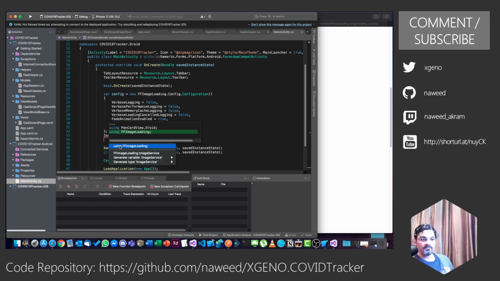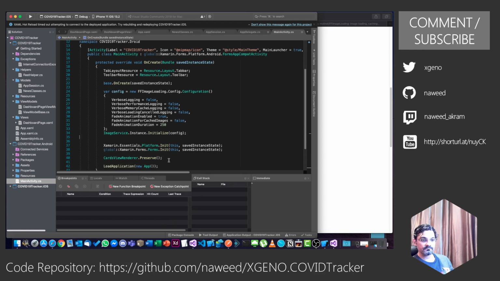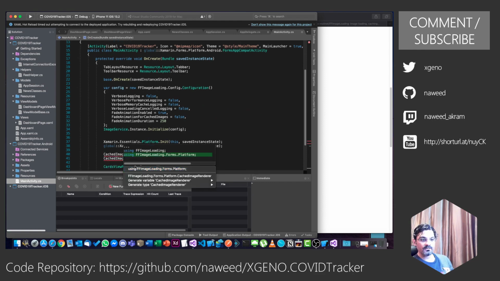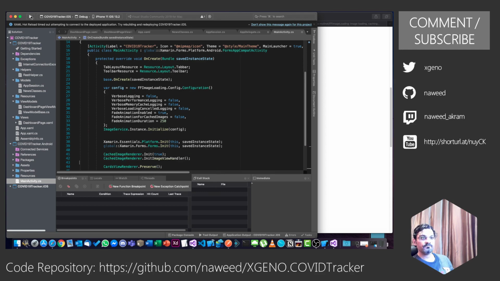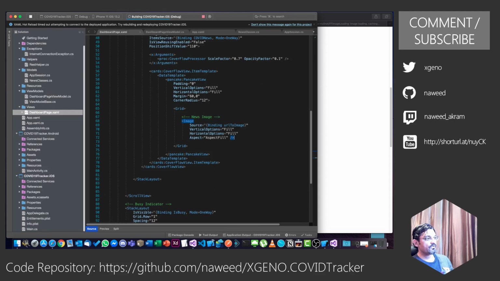Let's add the namespaces. So with this, let us close this, and we will make changes to our XAML directly to see what changes with this.